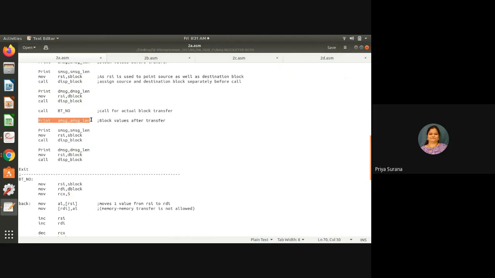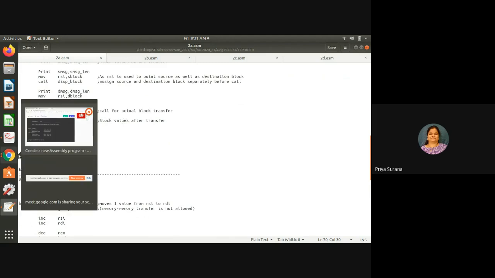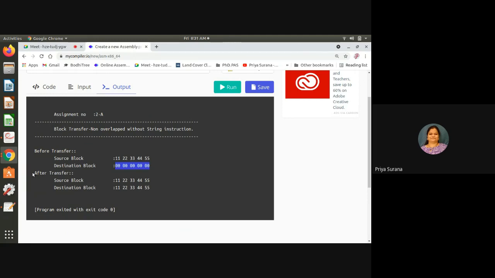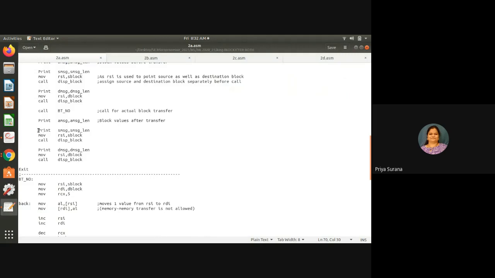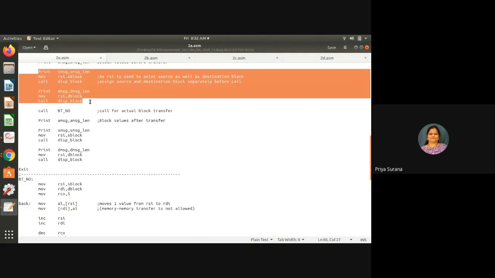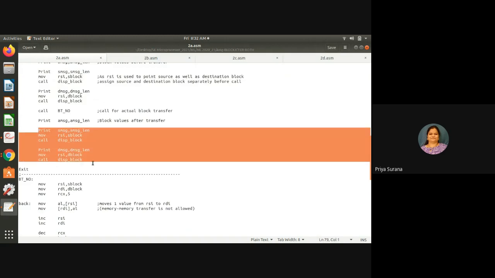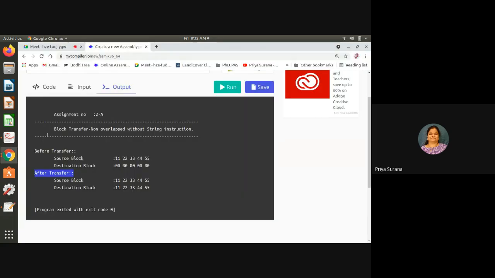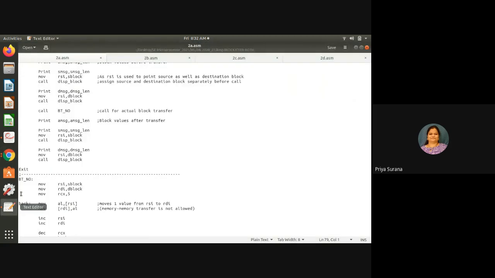Now the transfer is done. Now a message is displayed after transfer: block values after transfer. So after transfer we want to display, so this message is displayed. Now we will check what is written. Again the same thing is written here. The only thing is, whatever will be displayed, the output should be like this, that is, the source block is copied to the destination block. In non-overlap block transfer, as already discussed, source block and destination block have separate memory locations,